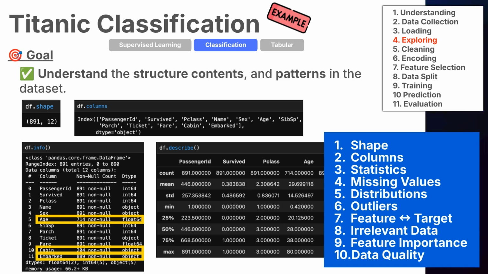Value distributions, like the frequency of values in categorical columns such as sex, embarked, P-class, outliers and unusual values, relationships between features and the target, like survival rate by gender or class,